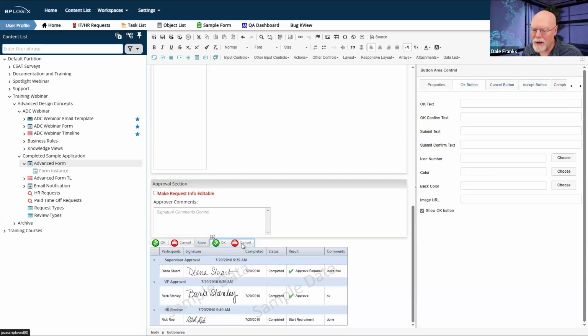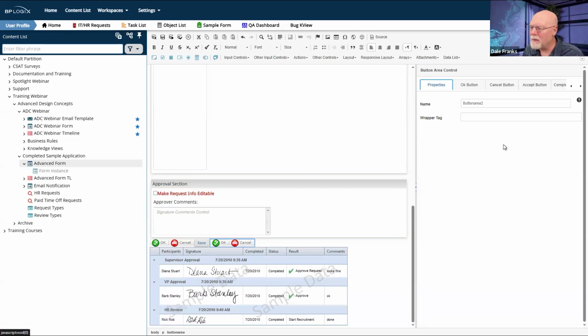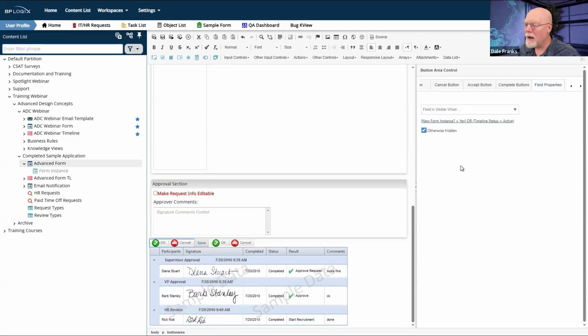So that shows me everything. And oh, wait a second. Let's be sure that my properties are set. So let's go back to field properties. Let's turn off the, no. Yeah, let's turn off the otherwise visible. And let's go back here to this one. Now I'm just playing around. What I would expect once I made these changes here is for it to also update my, we'll go with otherwise hidden there. What I expect would be for this to change my timeline activities.